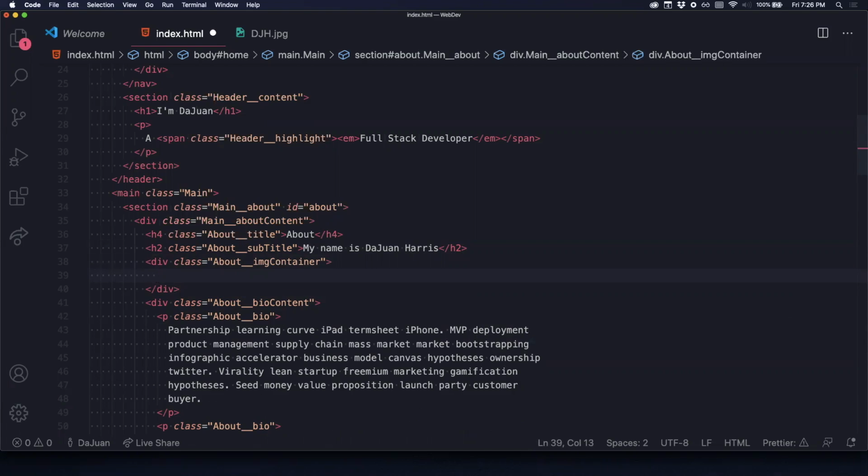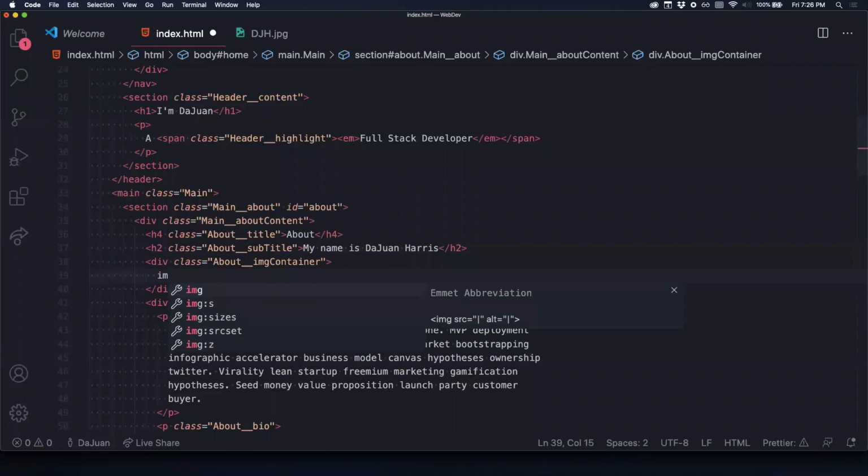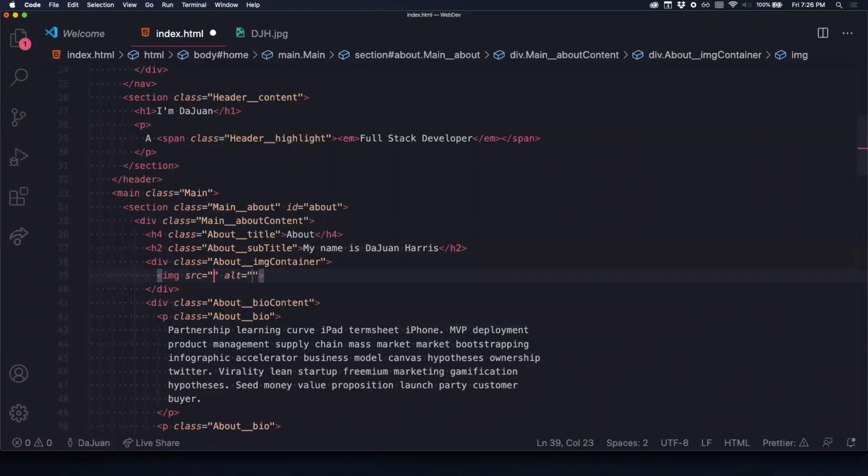Sorry, one more time. All right. My icons are different because I have icons installed. So this is how you add it. We're creating this div of image container, and then inside there we're going to add an image. Just type image. Actually, let me give this a class. Class equals about